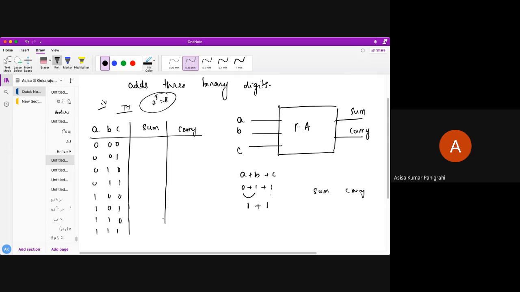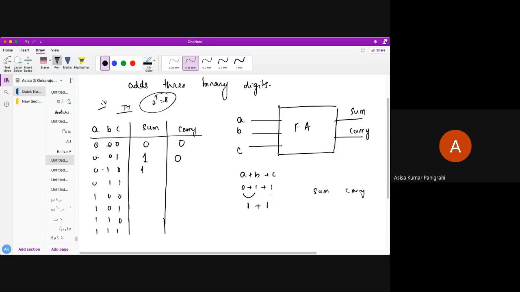Now, as I have told, how the addition happens: first it adds these two, and finally whatever result comes from A plus B, it will add with C. So 0 plus 0, sum is 0, 0 plus 0, carry is also 0. Now 0 plus 0 plus 1, sum is 1, carry is 0. 0 plus 1 plus 0, sum is 1.